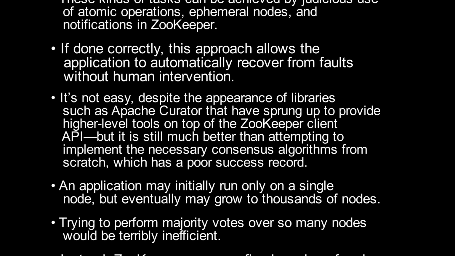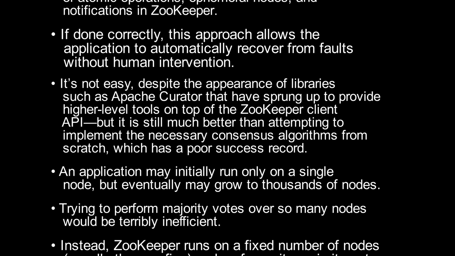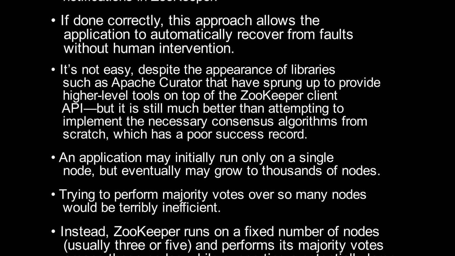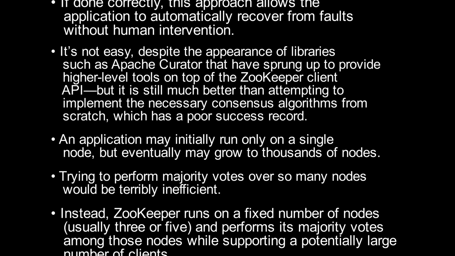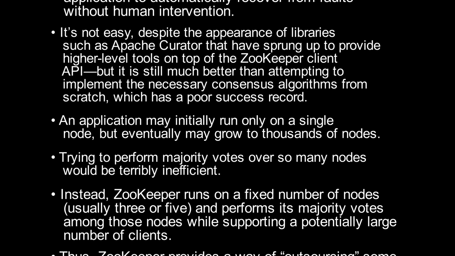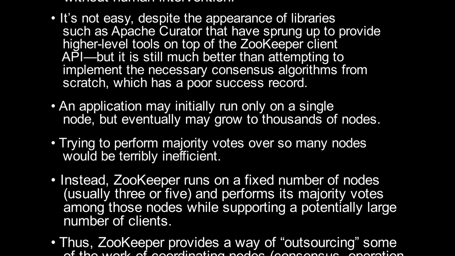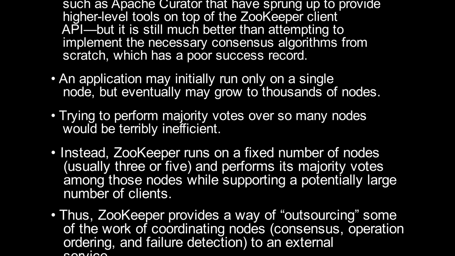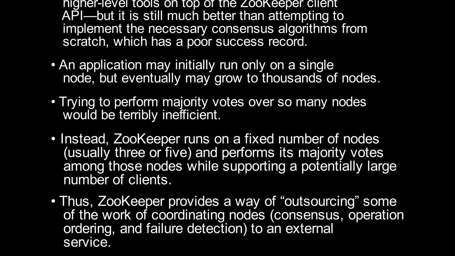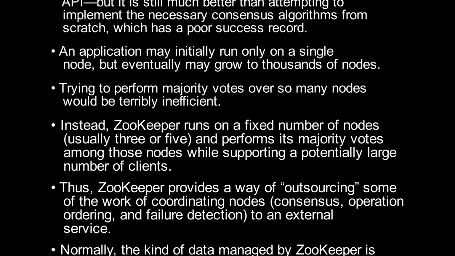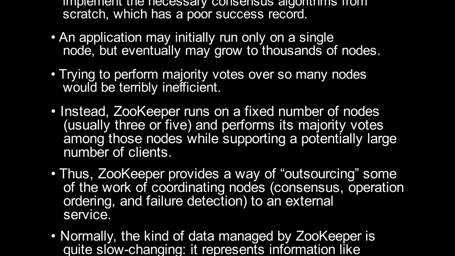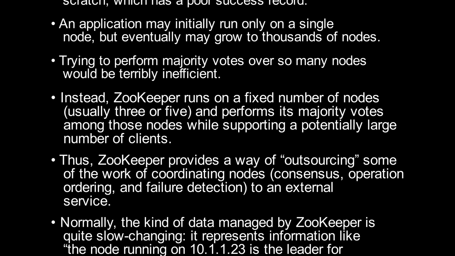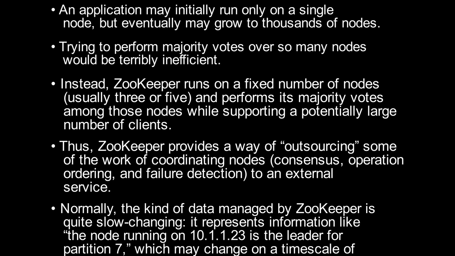An application may initially run only on a single node, but eventually may grow to thousands of nodes. Trying to perform majority votes over so many nodes would be terribly inefficient. Instead, Zookeeper runs on a fixed number of nodes, usually 3 or 5, and performs its majority votes among those nodes, while supporting a potentially large number of clients. Thus, Zookeeper provides a way of outsourcing some of the work of coordinating nodes (consensus, operation ordering, and failure detection)